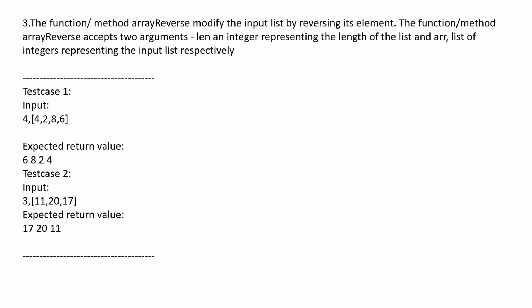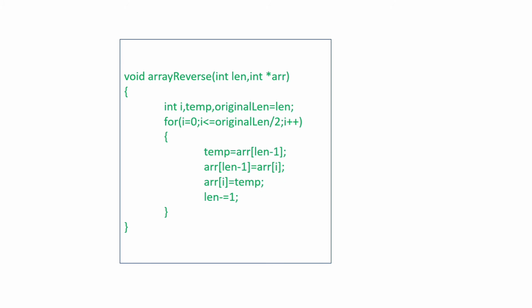And the next automata fix question is to write a function for reversing the array elements. We are given an input array and also we are given the size of the array. All we need to do is write a function to reverse all the elements of the array. So for this we have to use a simple logic. We have to run a for loop until half of the size of the array, and we have to follow the swapping rule, and we can also use a temp variable. And here some sample test cases are given. The solution for this code is given in the next slide.